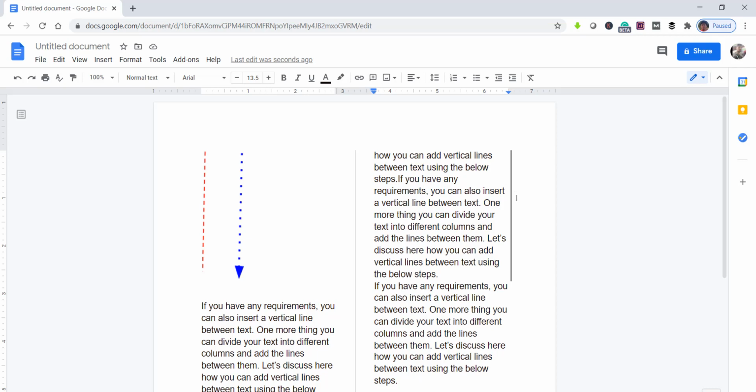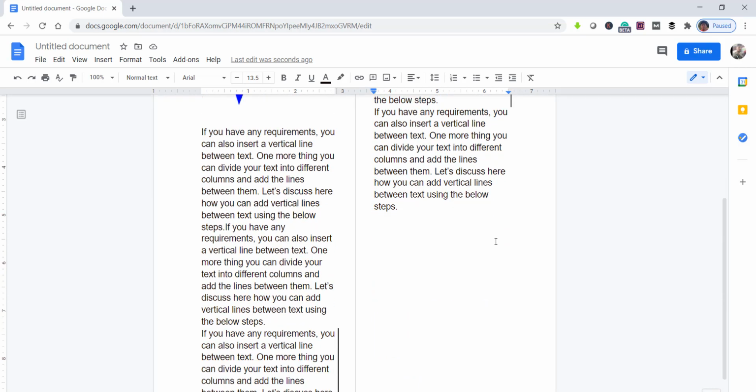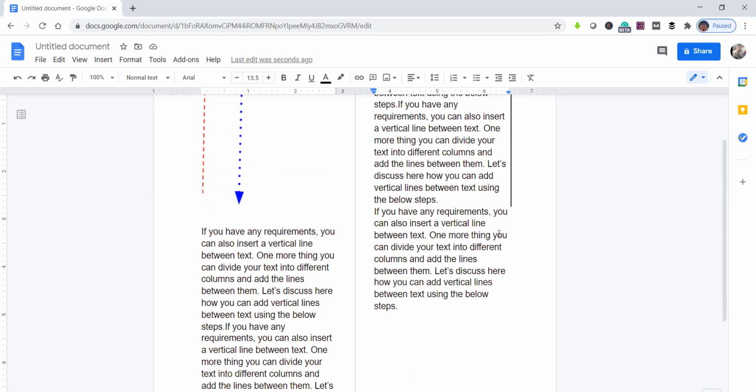You can see a key down next to your backspace button on your keyboard. Put the cursor here, say I'll put it at the end. Now hold the shift key and click on that. It will add a vertical line for you. So this is the fourth approach.